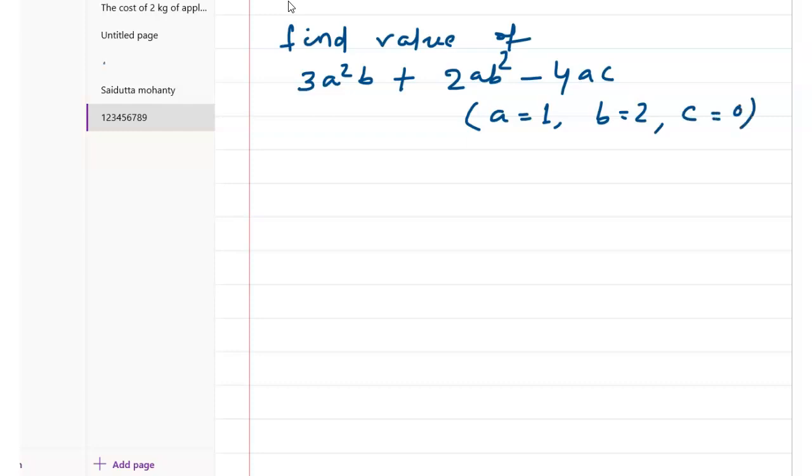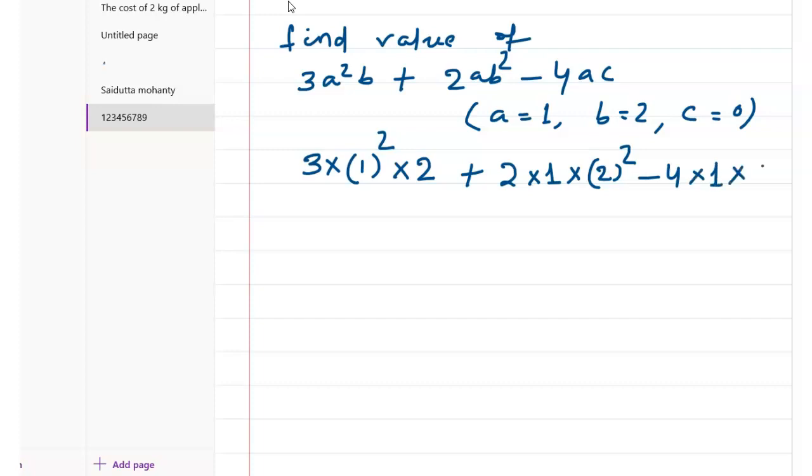Students, first we will solve one part as per our instruction. The value of a given here is 1 and its square multiplied by b which is given as 2, plus 2 into here a is 1, into square of b means 2 square, minus 4 into 1 into c which is here 0. So this becomes 3 into square of 1 means 1, 1 multiplied 2 times, into 2